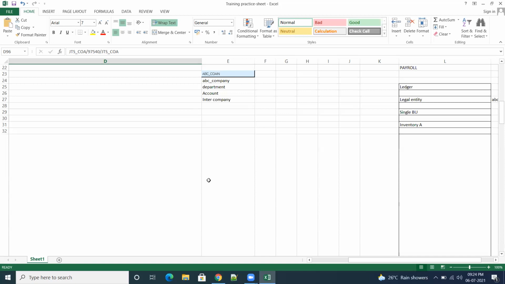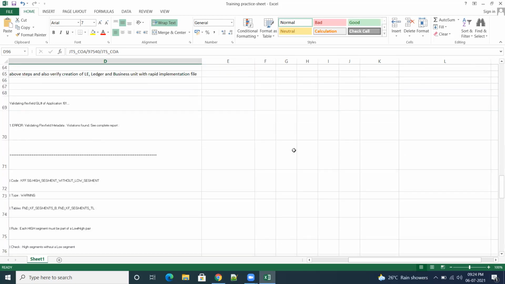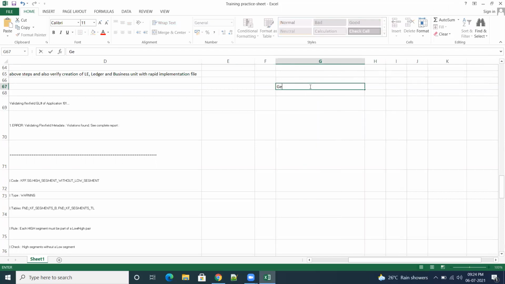So how to verify that? In order to verify our ledger, we must have the job roles. What are the job roles which are required? The general accountant is one job role.